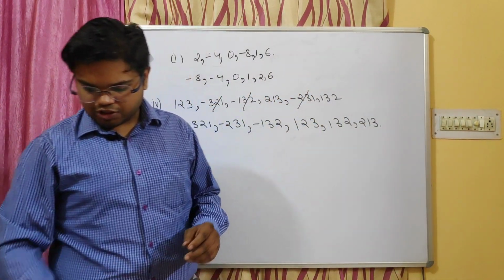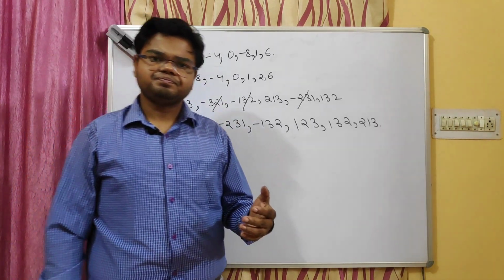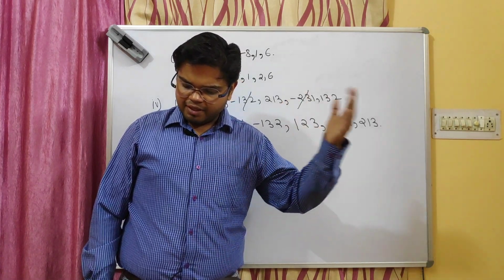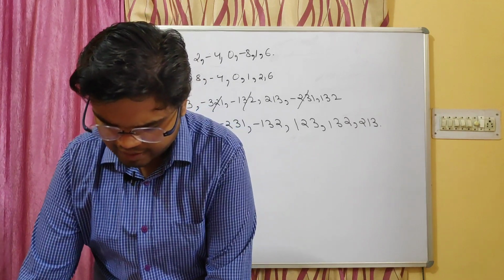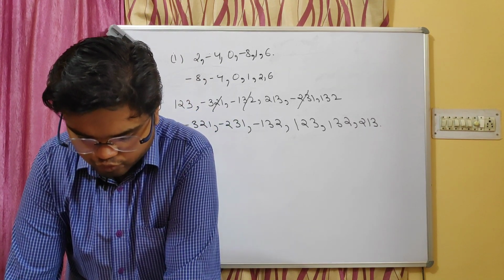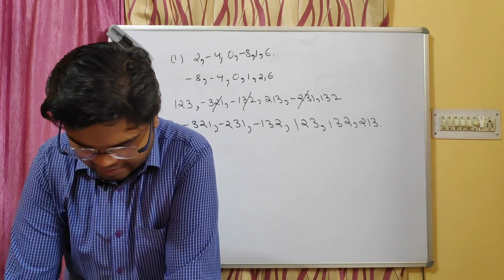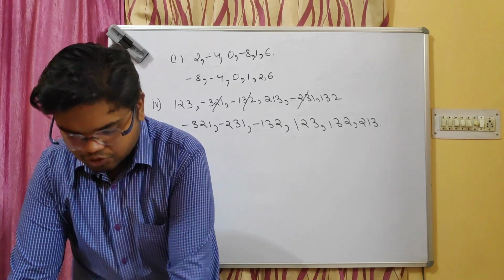Now question number 10 is the descending order question. You need to arrange them from bigger to the smaller. Okay, so you will be doing them on your own. Question number 10 part 3 and 4 you will be doing only. Question number 12. Write the value of each of the following. So you need to write the value.